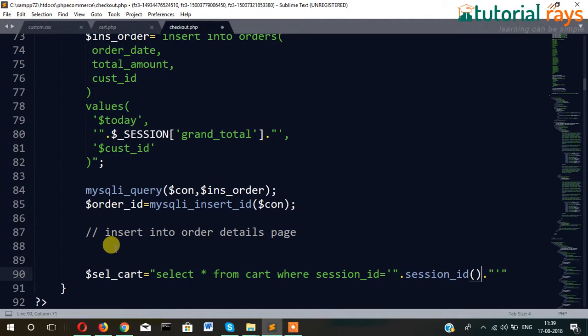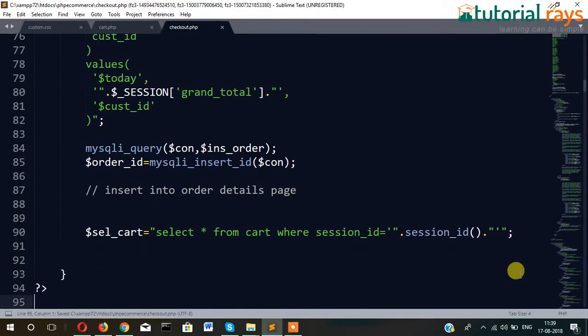We will fetch all the records from the cart table which are in the current session,